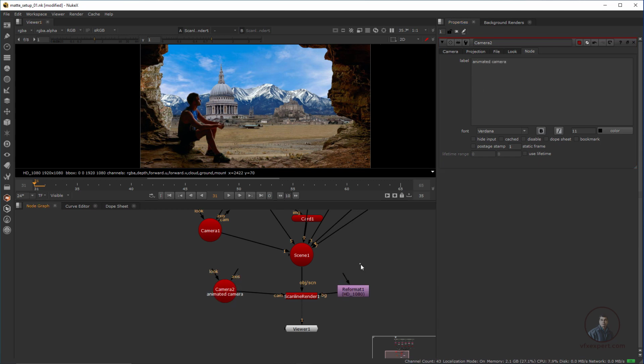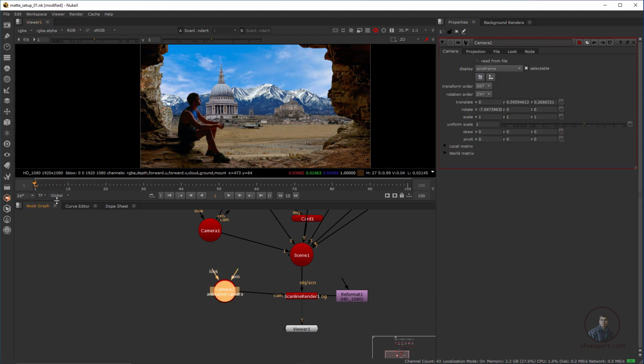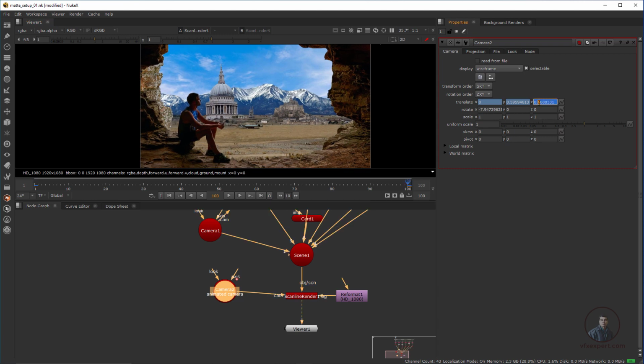Now animate here finally. So now double click here and click global here. Now I'm going to animate this camera. So on the first frame, double click here, right click, set key here. Now come to frame 100 or the last frame, and adjust the G value a little bit.